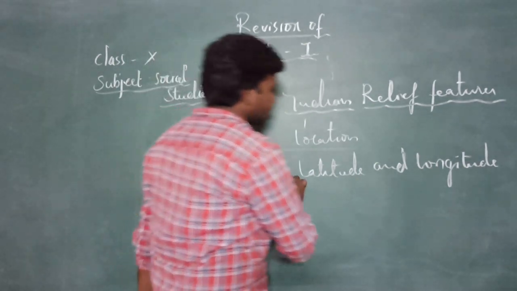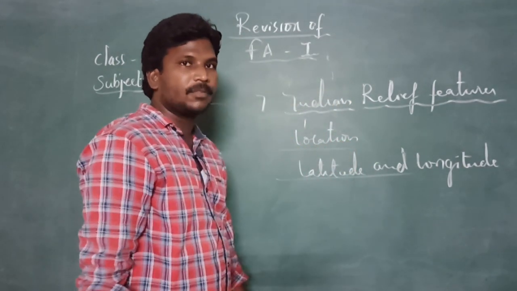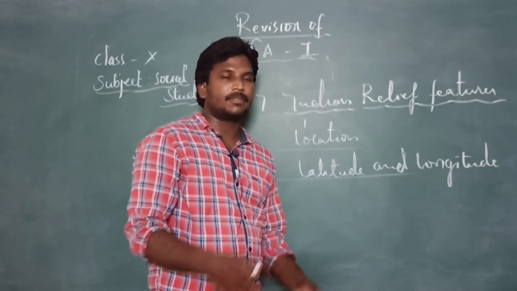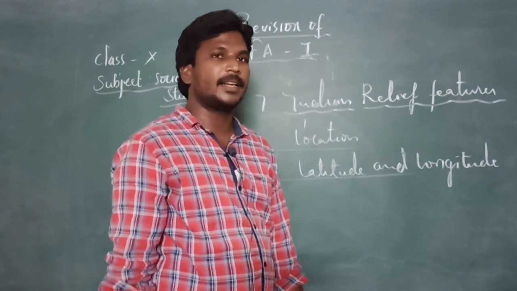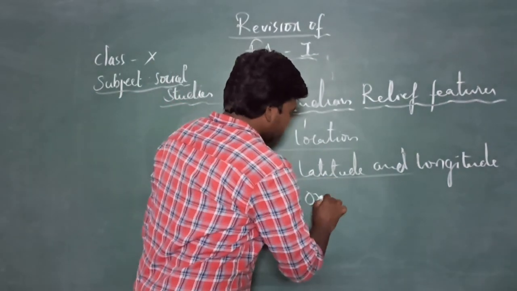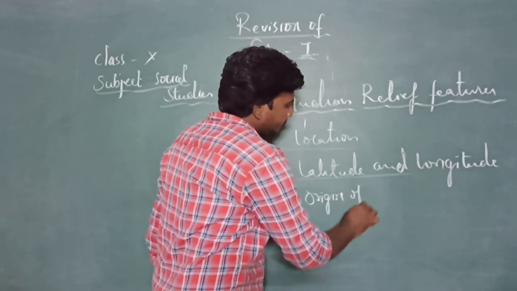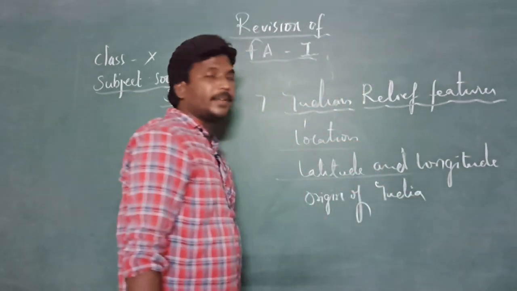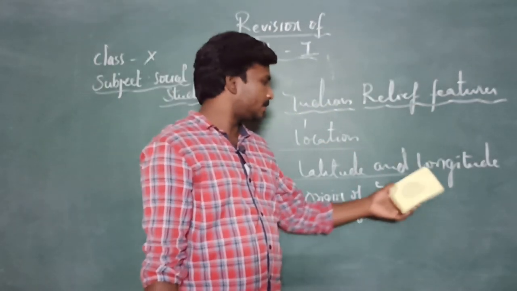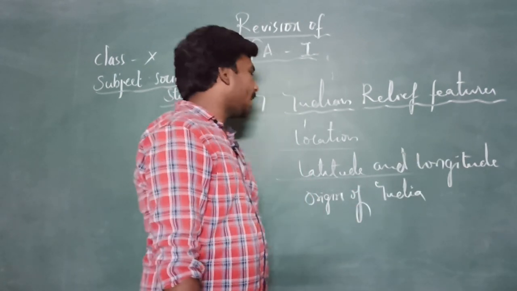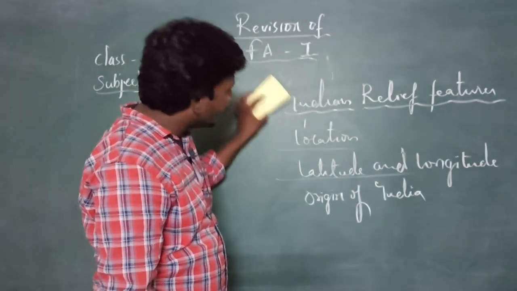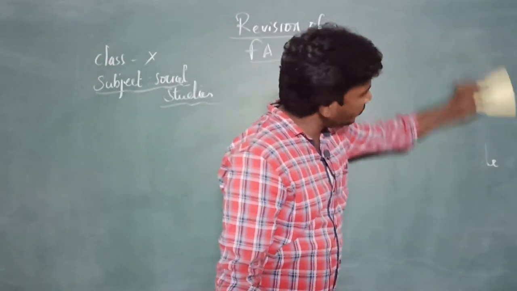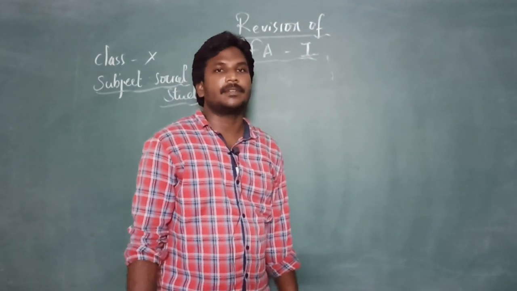The next part is the origin of the landform of our country, where exactly it originated. The land of India, from which continental plate it was segregated and shifted. This we have discussed, right? And a part of this, the main land divisions, now we are going to discuss.